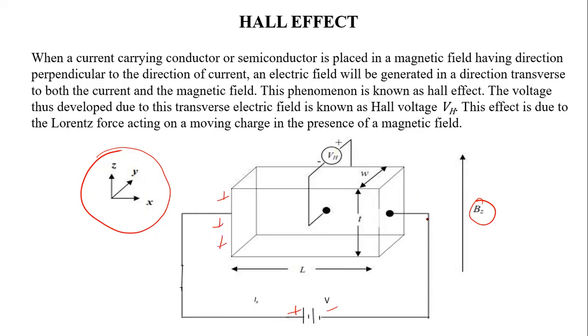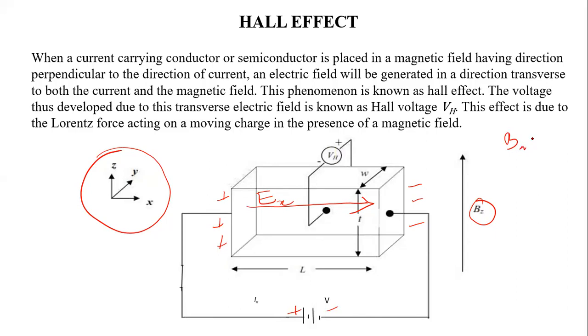According to this, if you apply V volts here, and the length is L, then you will have a resultant electric field within this along this direction. This side being positive, this side being negative, the electric field within this semiconductor will have the same direction as the x-axis. So your electric field is along the x-axis, Ex. Likewise, the magnetic field is pointing along the z-axis. So you have a magnetic field component only along the z-axis, Bz. No other magnetic field components like Bx,